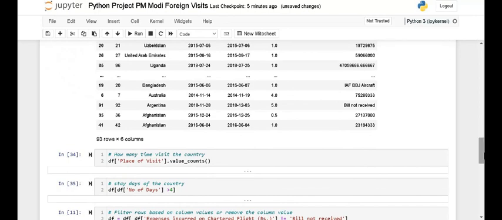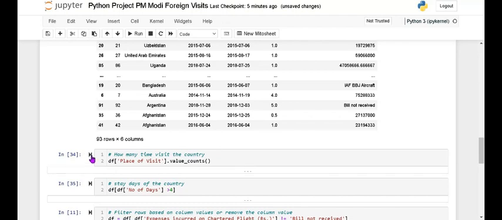Next I want to count the values: how many times PM Modi visited which country, like the USA, how many times he visited the USA. So it gives the total number, that he visited the USA 4 times or 5 times.